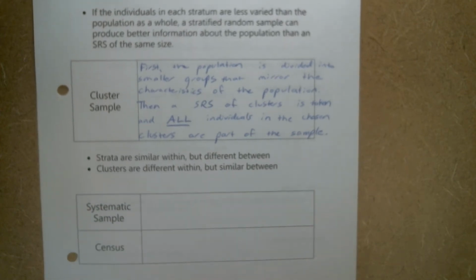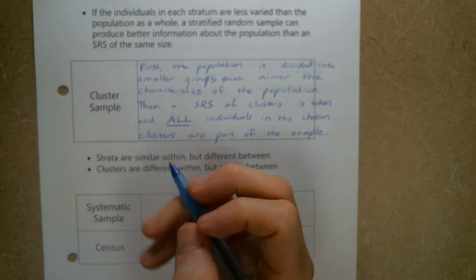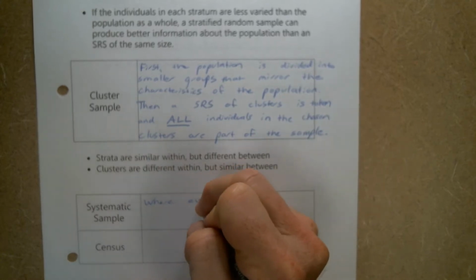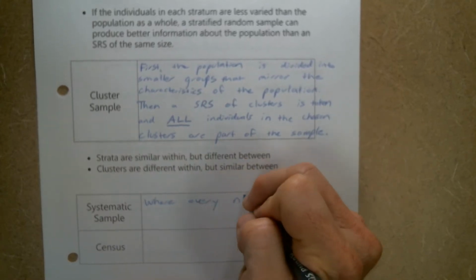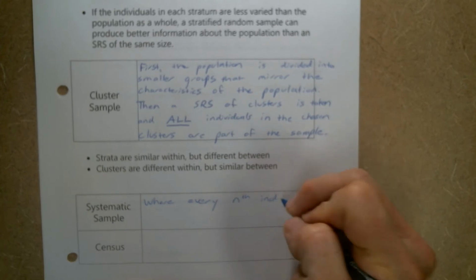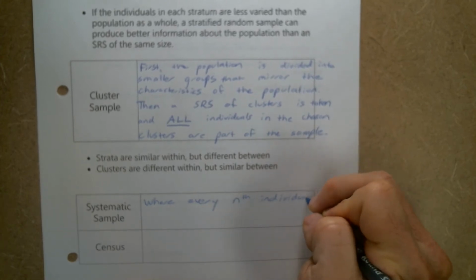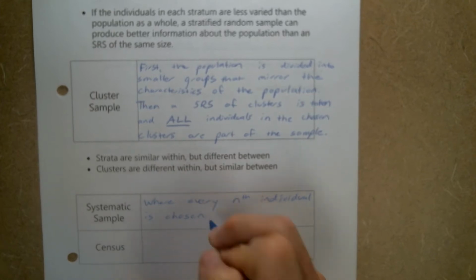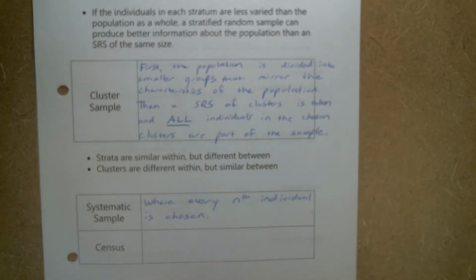Other ways that are also good is the systematic sample, which we saw a little bit on the warm-up, but that's just where every nth individual is chosen. And if you have something where it's time sensitive and you want to make sure it's spread out